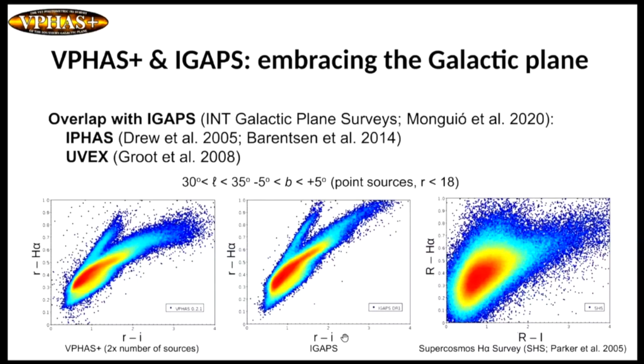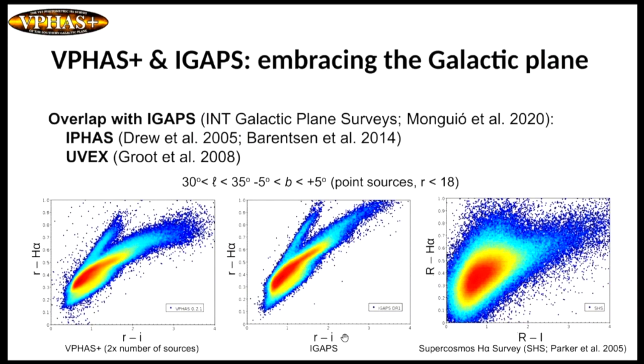So the three color diagrams are showing the same part of sky, and VPHAS Plus is detecting 2 times the number of sources detected by IPHAS, and you can see how the two CCD surveys are doing much better compared to the photographic plates. And so the difference between IPHAS and VPHAS Plus is most likely due to the magnitude depth that is slightly deeper for VPHAS Plus, also the higher, the better seeing that allows you to disentangle more